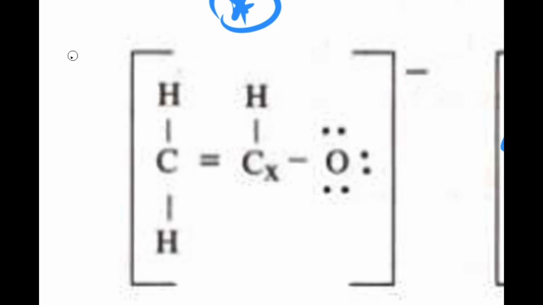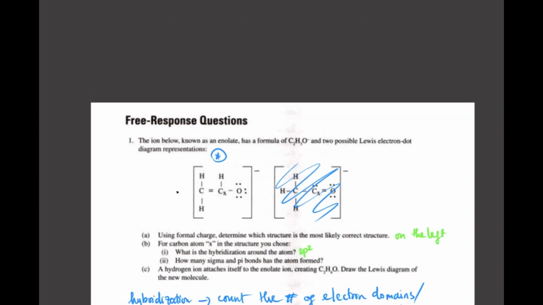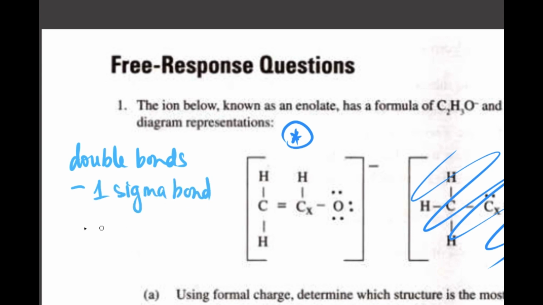In double bonds, let's have a quick revision. In a double bond, there is one sigma bond and 1 pi bond. And a single bond has